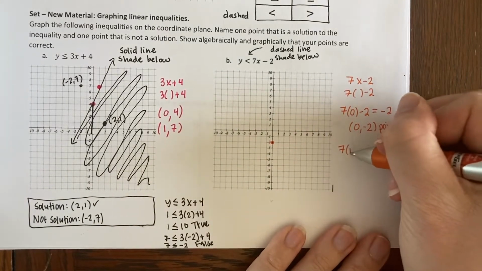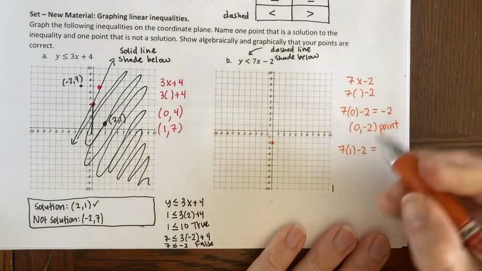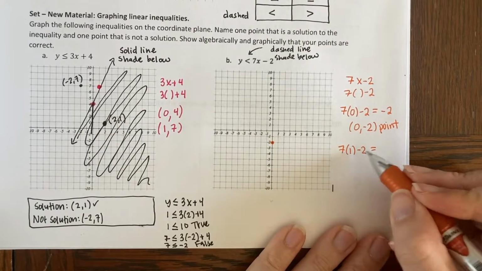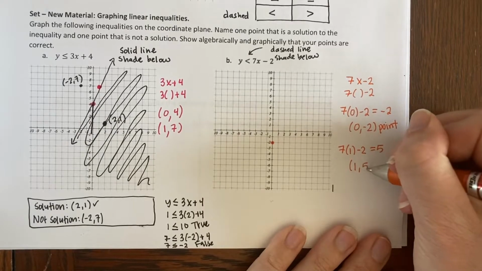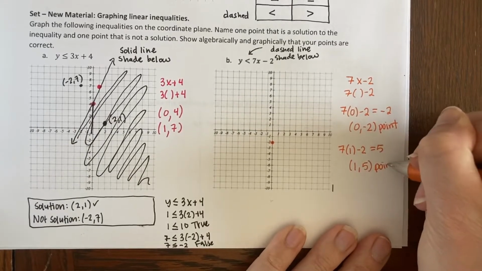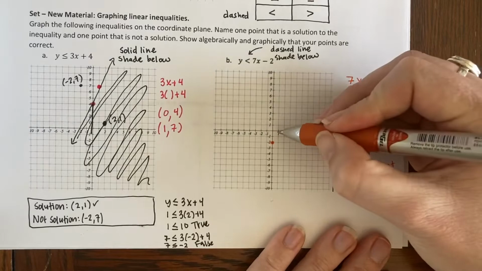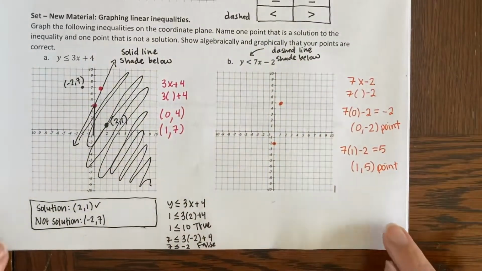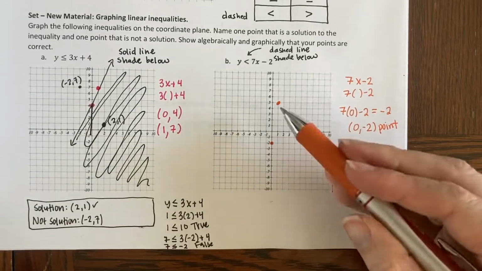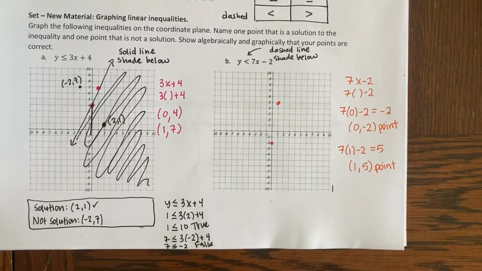If I plug in a 1, 7 minus 2, 7, 6, 5. So 1, 5 would be my point. Once I have those 2 points, I would select that I want a dashed line,